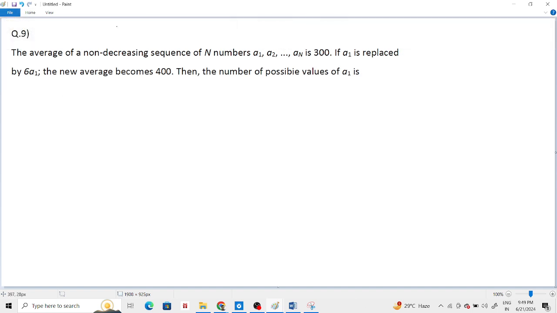This sum is also very easy. The average of a non-decreasing sequence of n numbers is 300. Okay, if a1 is replaced by 6a1, what is the new average? The new average becomes 400. Fine, very nice. So we will do it as we do the sum. Okay, so you see,